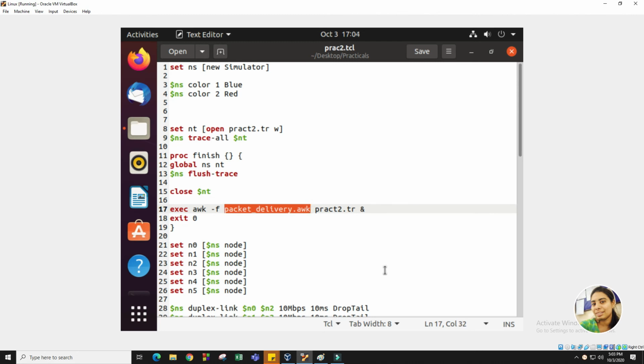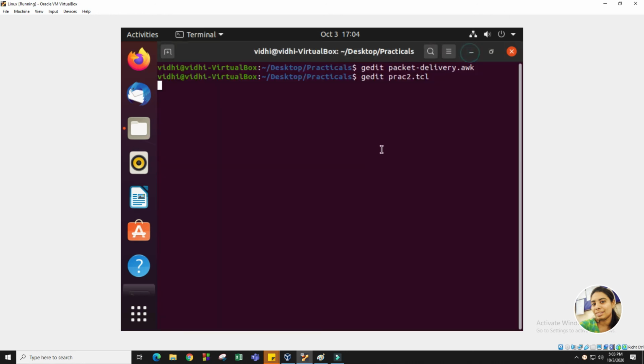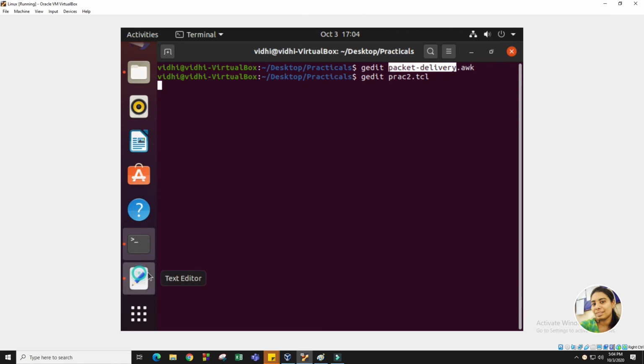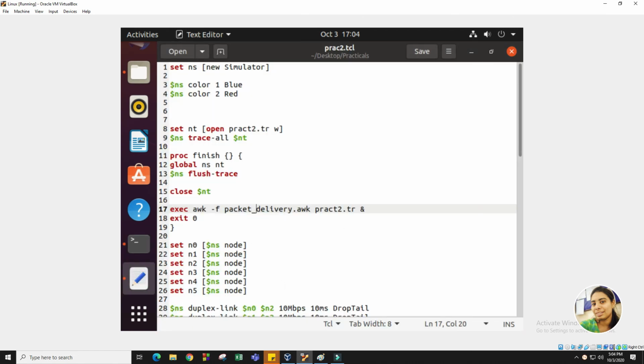So we need to change this file name, as over here we have given the name of our file, that is packet-delivery. So we need to change this, it is a hyphen. Packet-delivery.awk.